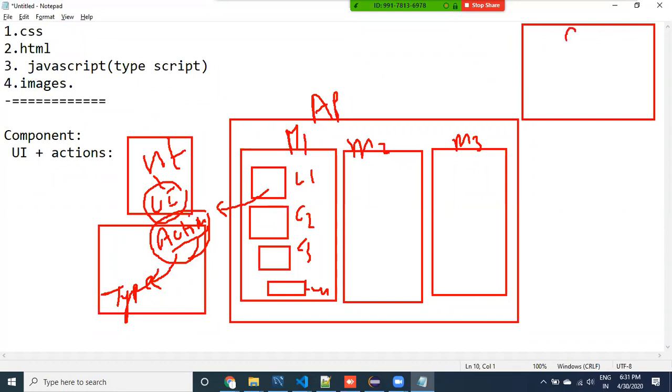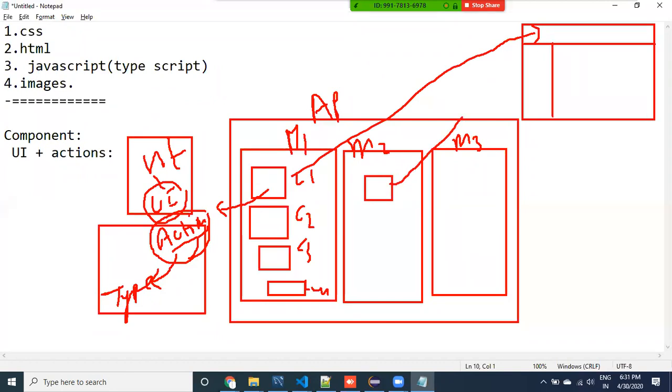For creating one screen, I need to create one component. I'm going to use a component for the menu, and for the left menu I'm going to use another component here. Totally this is one component, guys. The total page is one component, and that component contains sub components.